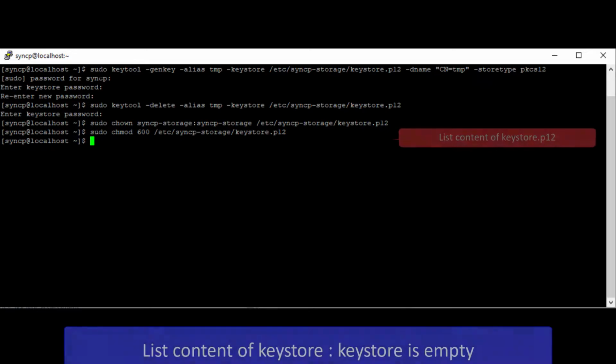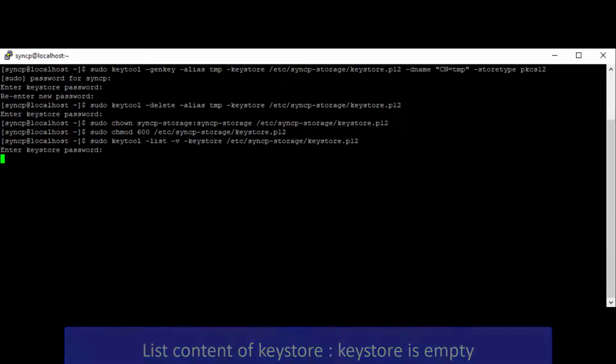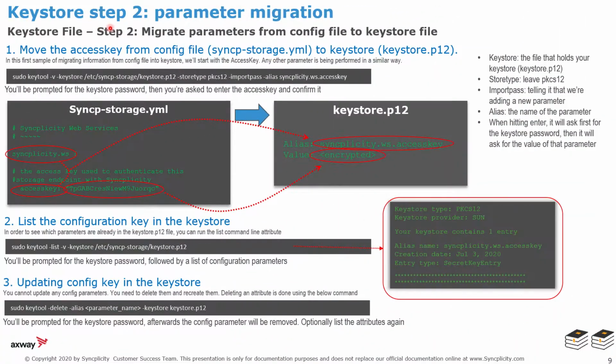We can use the keytool -list command to see what is the content of the keystore file, which is of course empty now. In step 2, we will start migrating parameters from the configuration file into the keystore file. In this example, we'll use the keytool to import the parameter access key. It has an alias, which will be syncplicity.ws.accessKey, which corresponds to the parameter from the YAML file, with the difference that the value of the access key